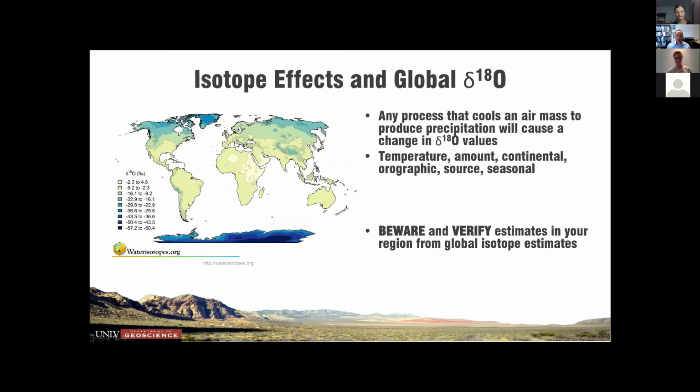The point that I want to emphasize here is any process that cools an air mass to produce precipitation will cause a change in the delta 18O values of the vapor and of the condensate. So this could be related directly just to a temperature decrease. The temperature decrease in the air mass can also cause an amount of rain to fall out, a continental effect, as the temperature decreases as you go inland, as the air mass rises up and over a mountain range, which is cool, etc. So it's important for us to understand where your cave site is relative to these broader patterns